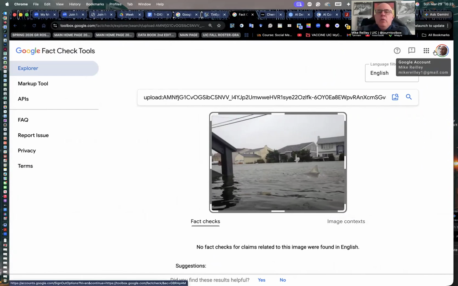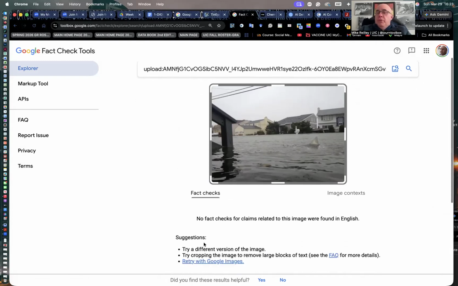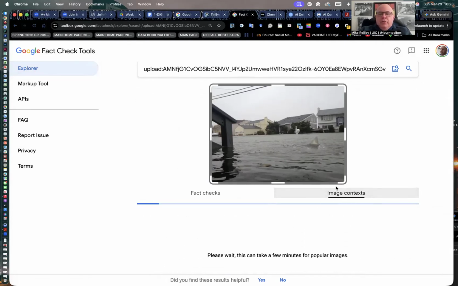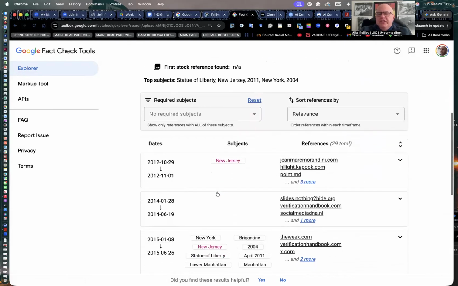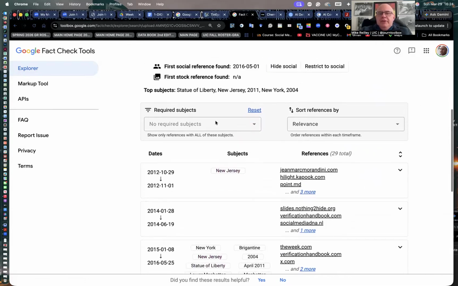And I mentioned that in week one. So you don't want to be logged in on a Workspace account, like if it's through your work or the university used to have Workspace accounts. We don't anymore. So it's usually not a problem. Just log in with your personal email, you have access to it. And it shows, of course, that this image first appeared online